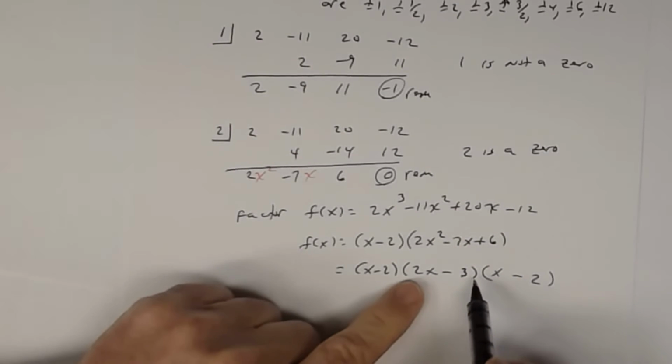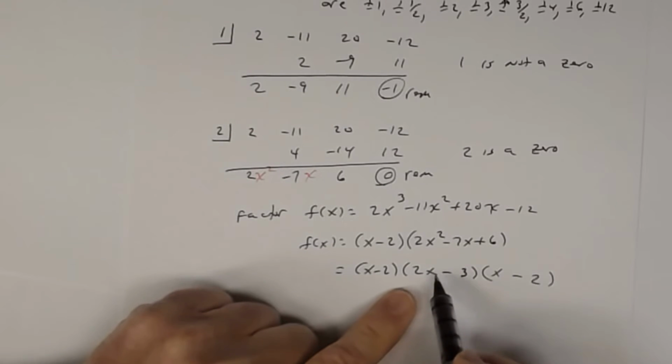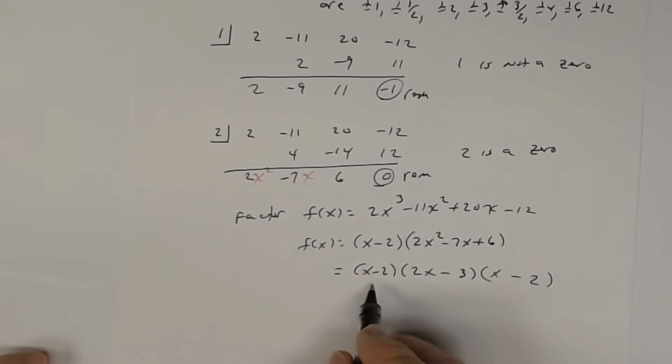And before you go on, verify. 2x times x is 2x squared. -3 times -2 is a positive 6. The outer's a -4. The inner's a -3x, and so I get -7x. All right, and so I factor this, and notice those are all going to be rational